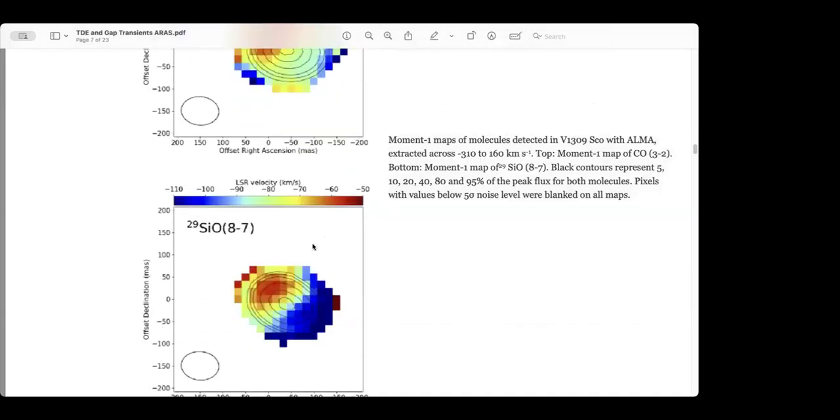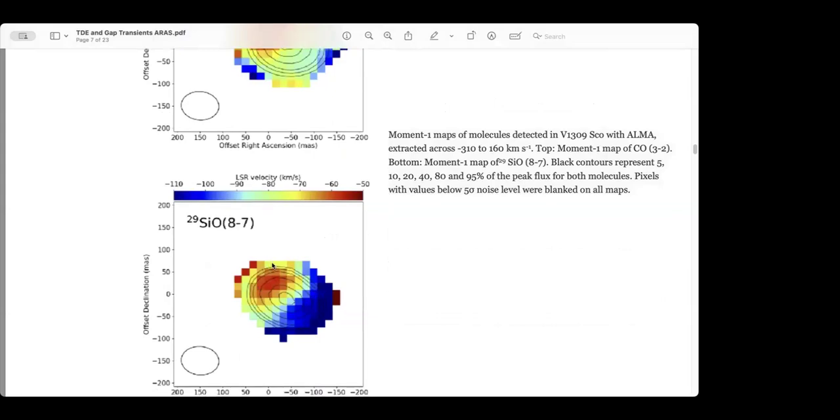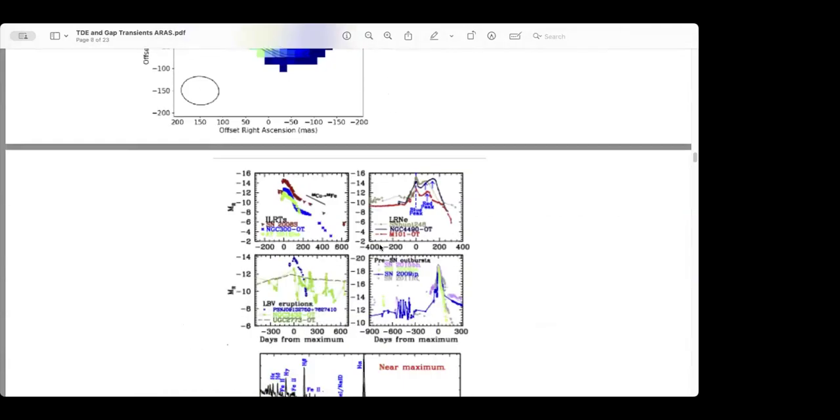It's much clearer in the silicon monoxide maser that there's very distinctly two different velocities. This normally would have been interpreted as a disk, but as I was showing you, it's much closer and much more reasonable to interpret this in the way we have with novae as some kind of axisymmetric explosion. Now,